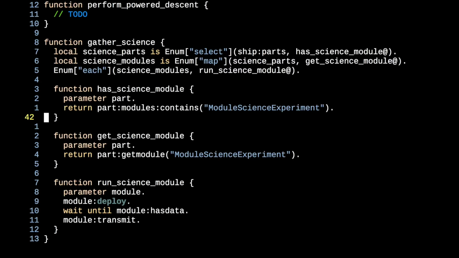I kind of ran out of time to get a full episode up today, but I wanted to talk about something that I encountered while writing our gather science function for our upcoming mission to Minmus. I was very excited about version 0.19, and I was trying to rewrite this in anticipation using the enumerable library that I talked a little bit about in my previous video about function delegates and why they're really, really cool. In particular, this enumerable library lets us manipulate lists in all sorts of convenient